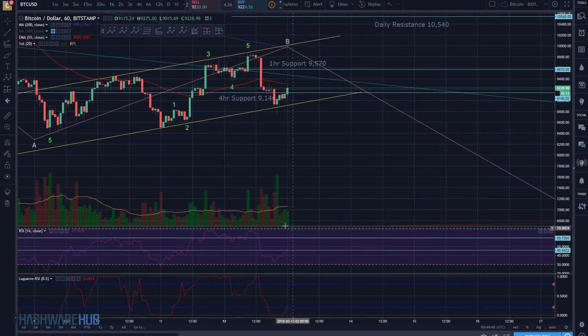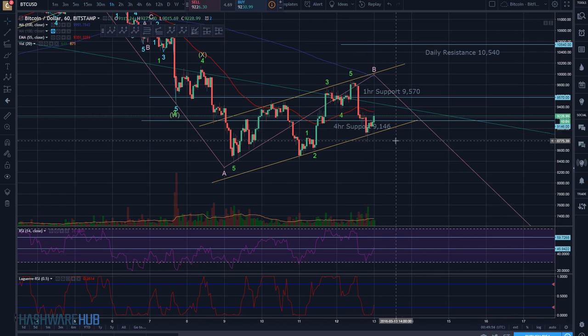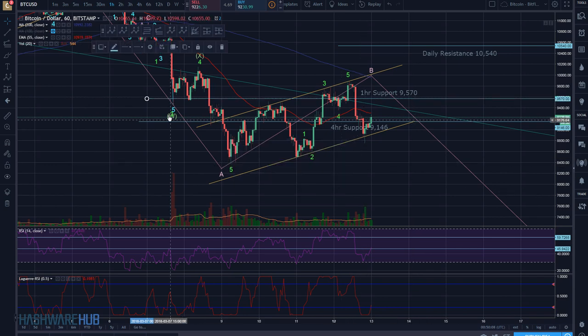So then we had still a few more bullish candles, green candles, and some okay volume, to say the least. So yeah, we're going back above this 4 hour support of 9,146. 1 hour support, I'm actually going to go ahead and call this 1 hour resistance, okay? And this 1 hour resistance is going to be at a level of,